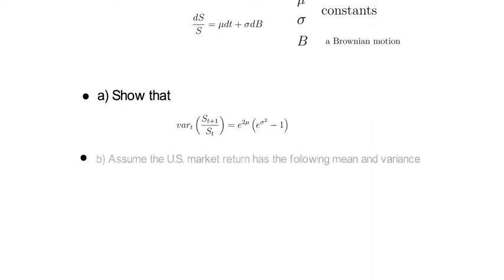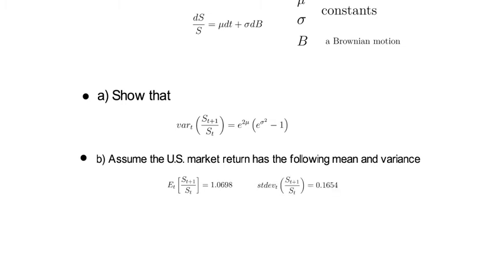Task B. Assume that the US market return on the S&P 500 has the following mean and variance. Now show that mu has to be 0.0675 and sigma has to be 0.1537. Now as a hint, if y is an exponential function of x and x is Gaussian with expectation mu